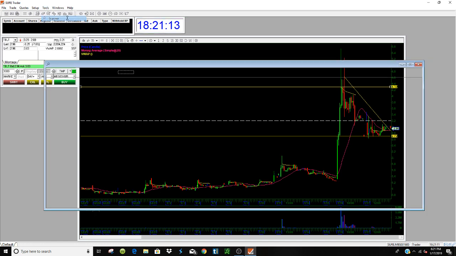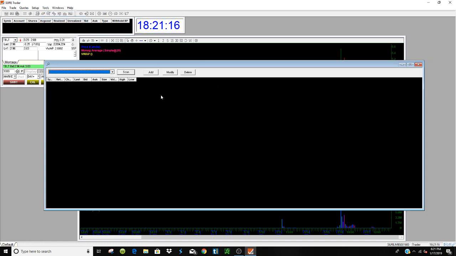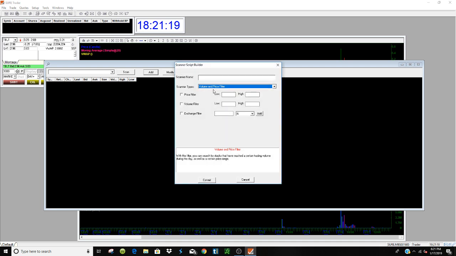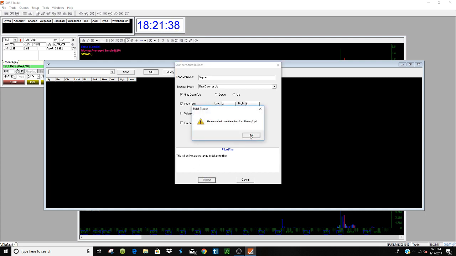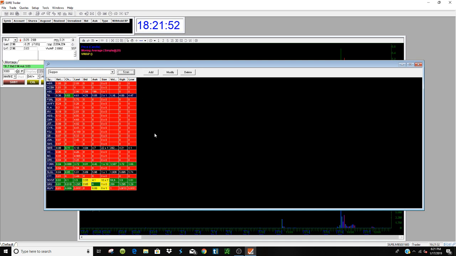Like I said, there's a scanner that you can do. You can add one. It's really not too hard. A gap up or down. Title it, so let's just call it gappers, and then filter the price. Let's go from 3 to 6. Alright, so let's just do that. Oh, please select one item for gap down. Oh, gotcha. So we were going to go gap up, then you click scan,